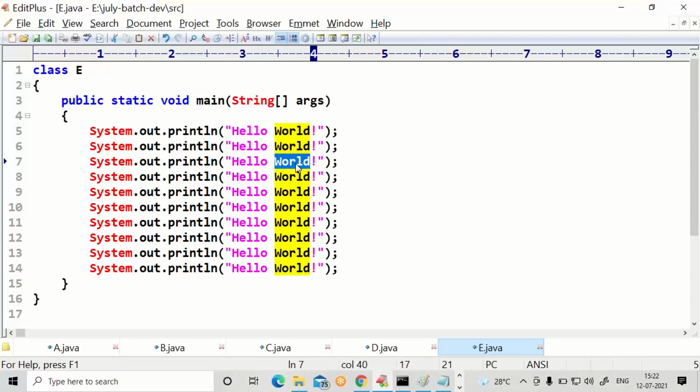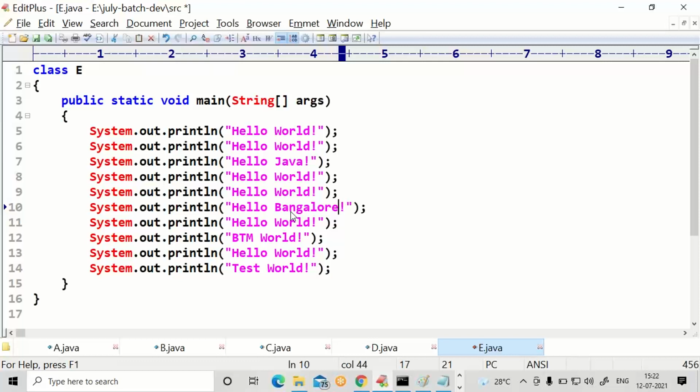Instead of hello world, I'm going for hello Java. I'm going for BTM. Hello Bangalore. Anything. I modify.